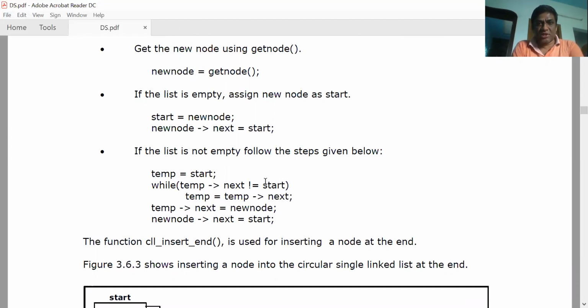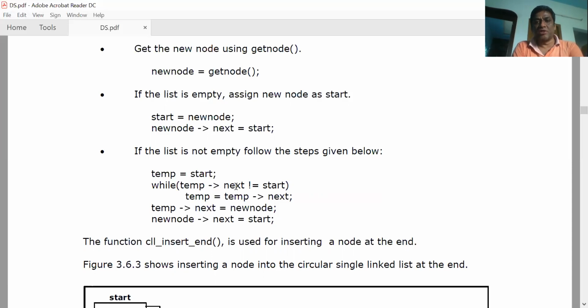Please observe this loop's condition. In a general singly linked list, we use temp next not equal to null because the last node's pointer is pointing to null. But here in a circular linked list, the condition is temp next not equal to start. Why? The reason is because the pointer of the last node is pointing to the start node.